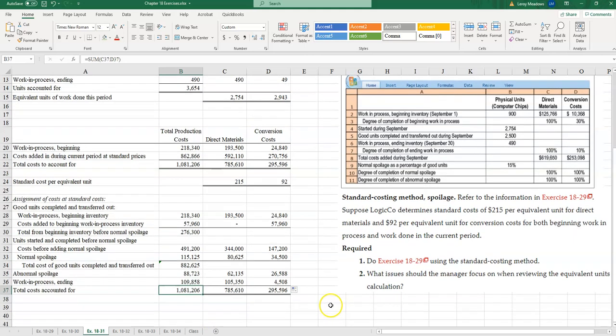And then we're asked in part 2, what issues should the manager focus on when reviewing the equivalent units calculation? Well, what issues could arise? Well, if someone's bonus is tied to operating income, or let's say that we know this was an exceptional period, we can't duplicate it. So a manager might change the estimated degree of completion to best fit what is in their best interest. Maybe we had extraordinary months and we did a lot of business. Well, what the manager might do